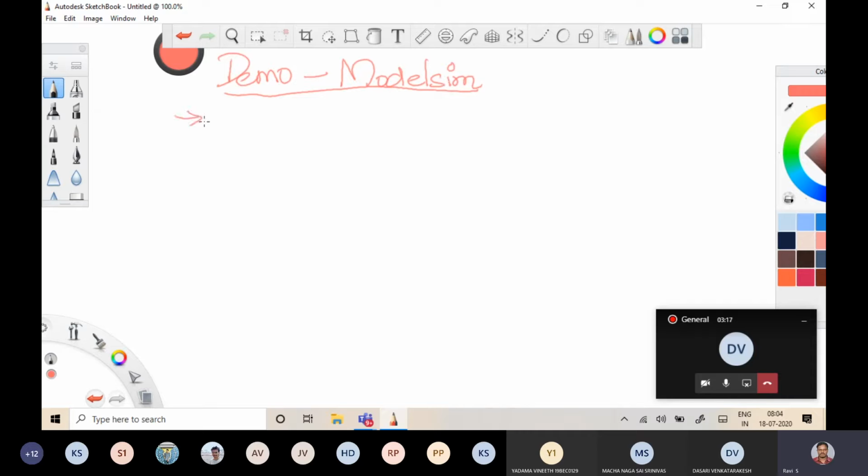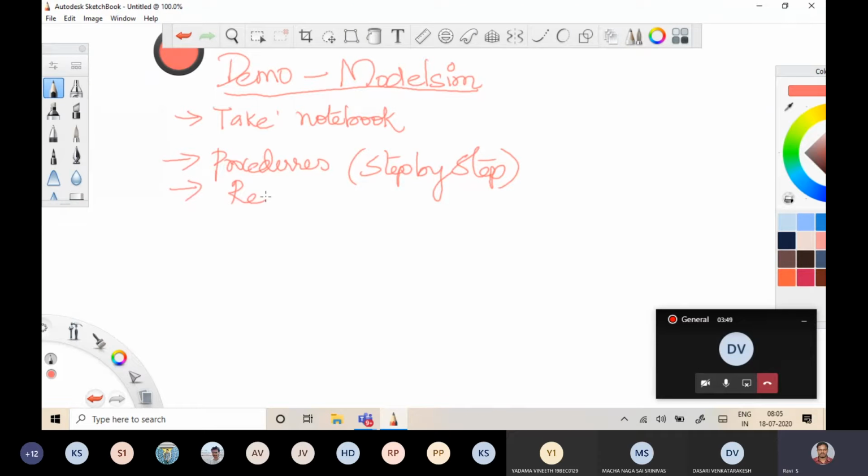What you have to do is take one notebook and write all the instruction procedures, step by step, in your notebook. This procedure is repeated for all your work.